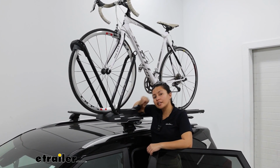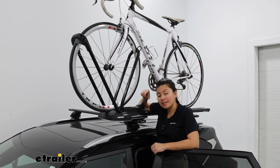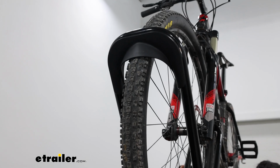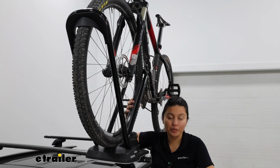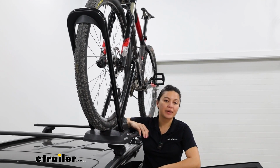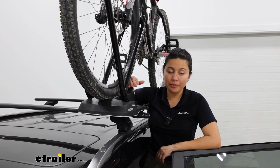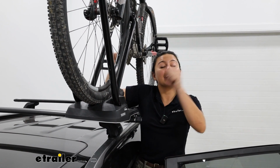You just have to keep an eye out for the tire and make sure it fits into the thinner groove on that bottom cradle. If you're going off-roading, Yakima recommends you carry bikes no heavier than 27 pounds, but for most regular use, you can carry bikes of up to 45 pounds. But when it comes to that point, it's really up to how much you want to or can lift